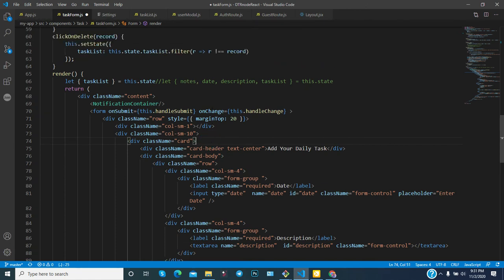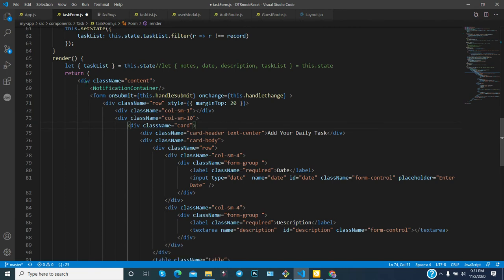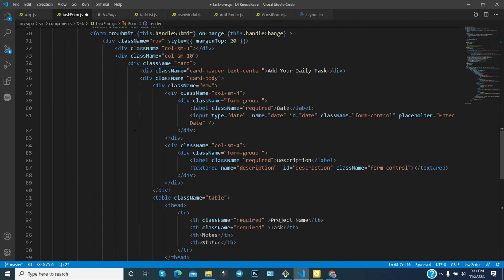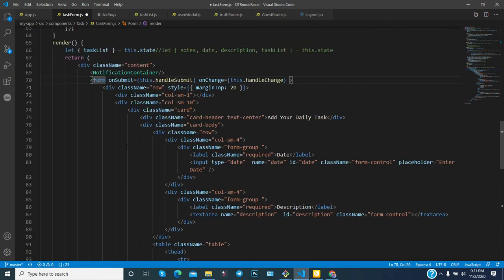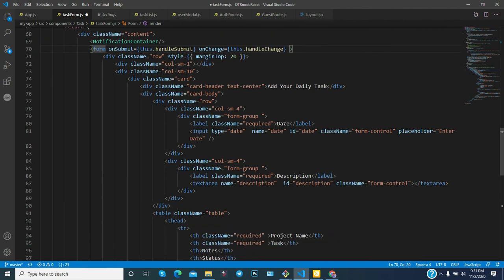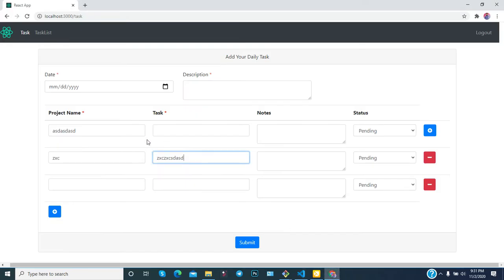You need to understand that these are the one form. It is a container, with Bootstrap classes, and one is a form. This form has the date and description details and the project name, and for the other part we have created another component. In React, or Angular or Vue, any single page application, because it supports components, you have to break your application into different components.